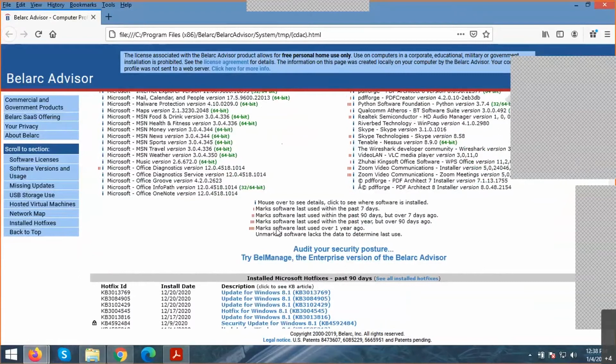Yes, correct. So at that time, what I have to do is uninstall it, because I'm using Adobe Reader here. So I have to uninstall it. Uninstalling is done from the control panel. So this is one of the tools which gives you the security posture of your laptops or of your OS, Windows OS.